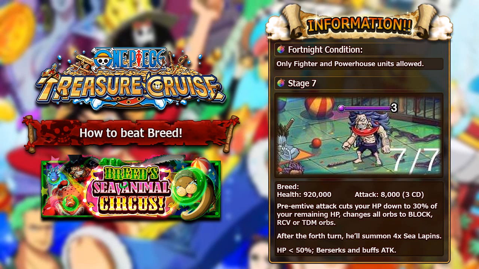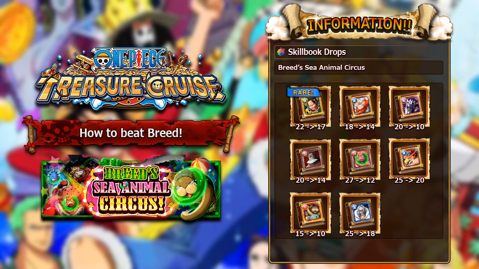So anyways, this has been the breakdown of the dungeon itself. Now let's go and break down all of the skill books that you'll be able to find within this brand new Fortnite. Now, myself personally, I'm actually super hyped that we are getting Strong World Ace skill books in this